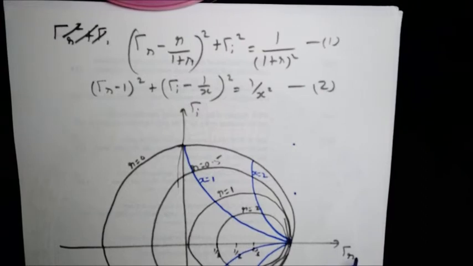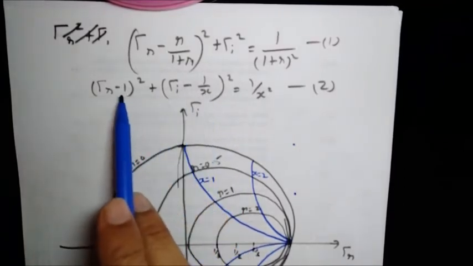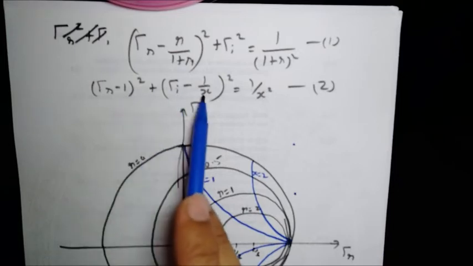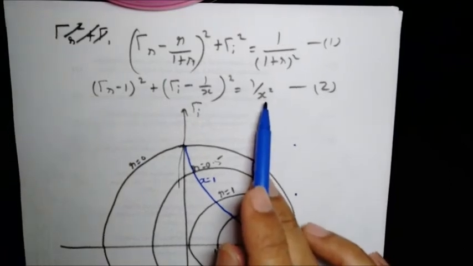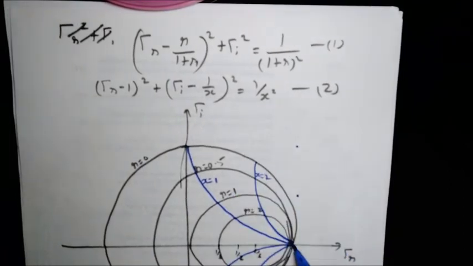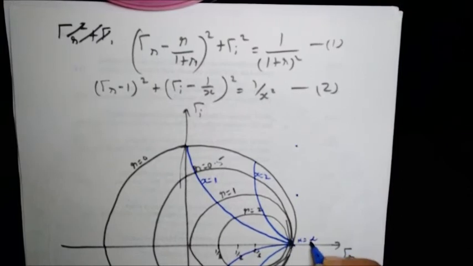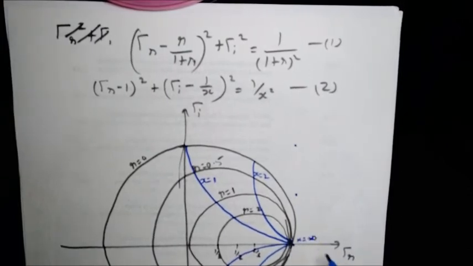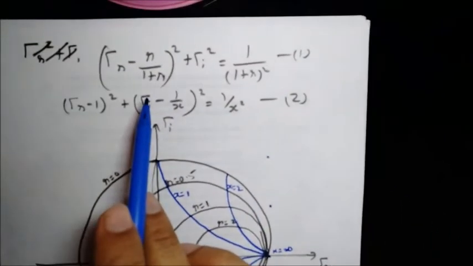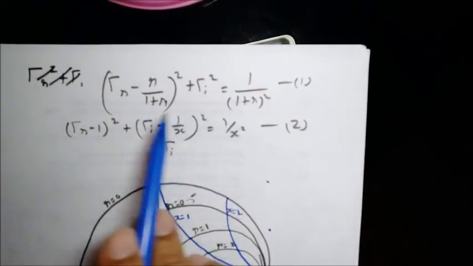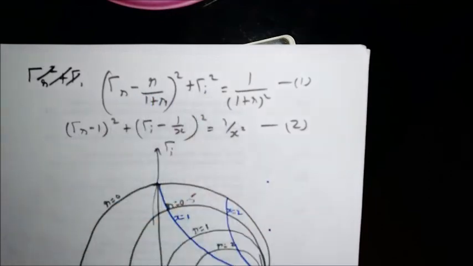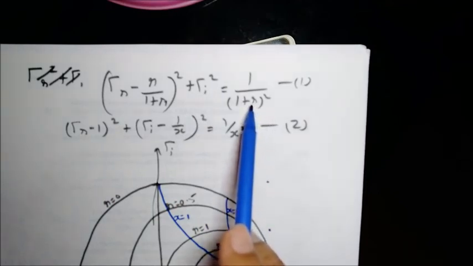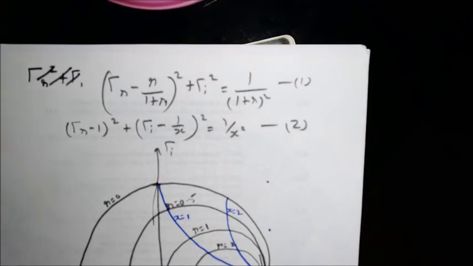one more. Let's take x infinity and see what happens. If x is infinity, the center of the circle is at 1, 0. That is here. And since x is infinity, the radius is 0, so that's a point. So x infinity is a point here at 1, 0. And you can see that r infinity is also there. You can see what happens when r is infinity. If r is infinity, the center of the circle is at 1, 0, again the same point, and the radius is 0. So r equal to infinity is also a point here.